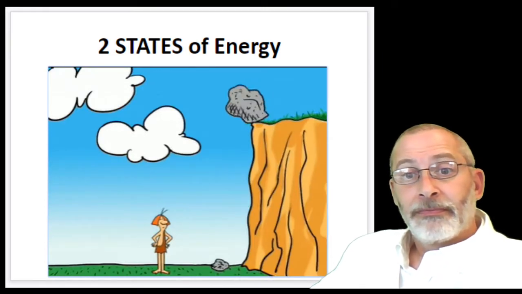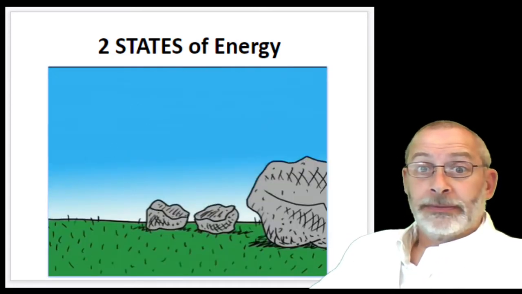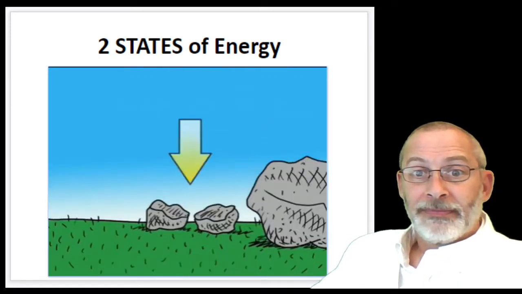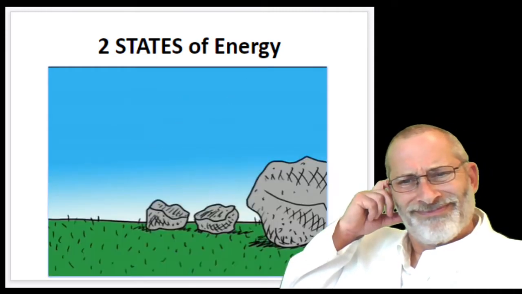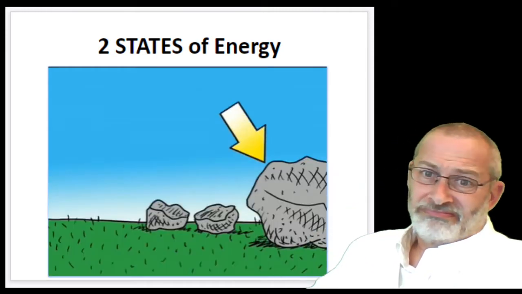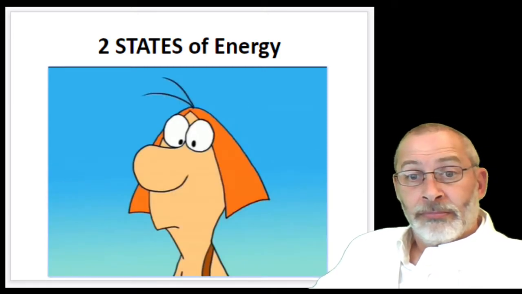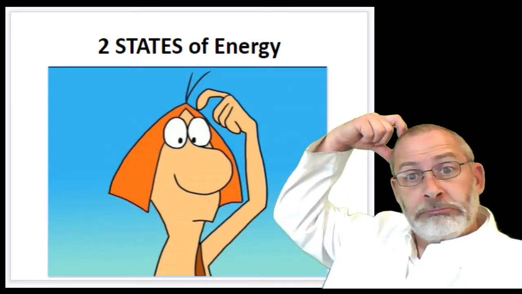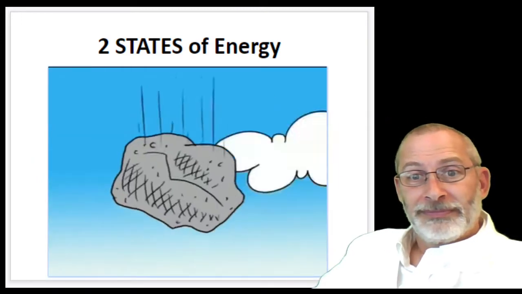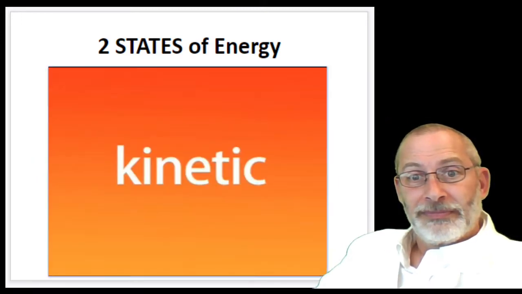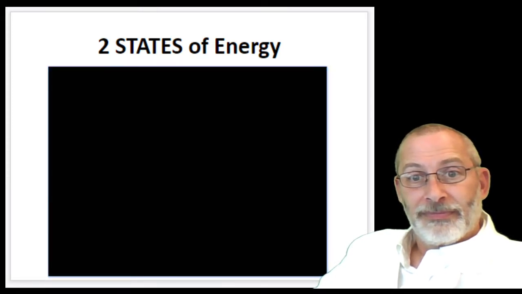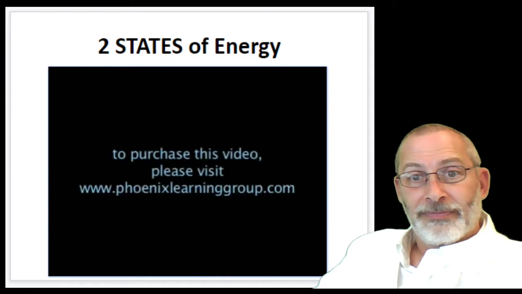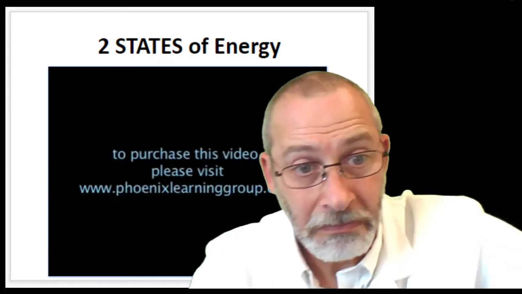Suppose this happens. The energy to break the rock in two came from the large rock that fell. But wait a minute. There is energy in a rock? How can that be? It doesn't look like there's energy in the rock now. But there was when it fell. What's going on here? The answer is that when the rock was falling, it had a special kind of energy called kinetic energy. All that really means is that it was moving. And because it had kinetic energy, it was able to apply a force to something else by falling on